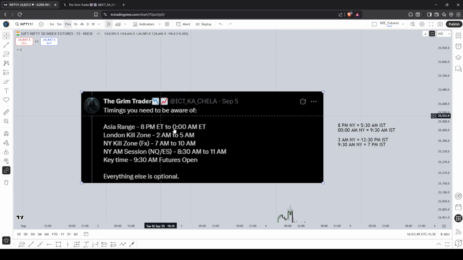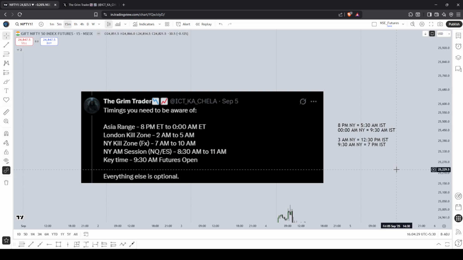So for starters, you need to have a very clear understanding of what the ranges are. The Asia range, which is a range for New York traders, is our operating window in India, because Asia opens around 8 p.m. in New York, and that forms a range for all US dollar denominated assets. It forms a range because the main movement happens in the New York AM session, AM kill zone, whatever you want to call that. But in India, the main movement will happen during the National Stock Exchange operating hours,